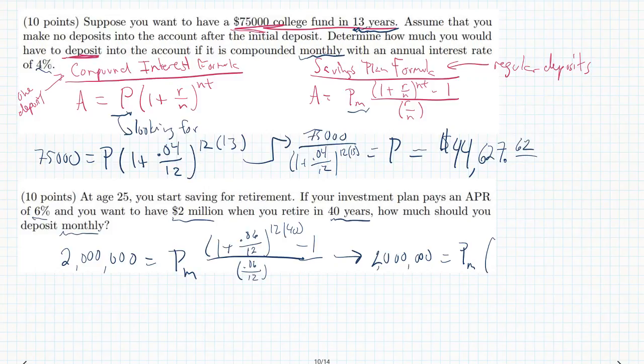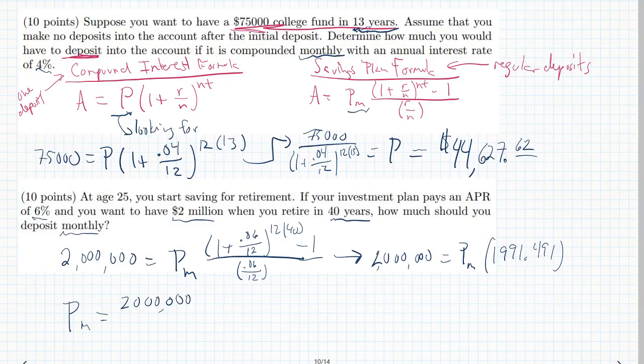So this makes 2 million, and then we'll have 1,991.491. I rounded there. It actually is 0.490734, and I'm going to use that number when I plug it back in. So notice our PM is equal to 2 million divided by that number, so 1991.491. So if I take 2 million